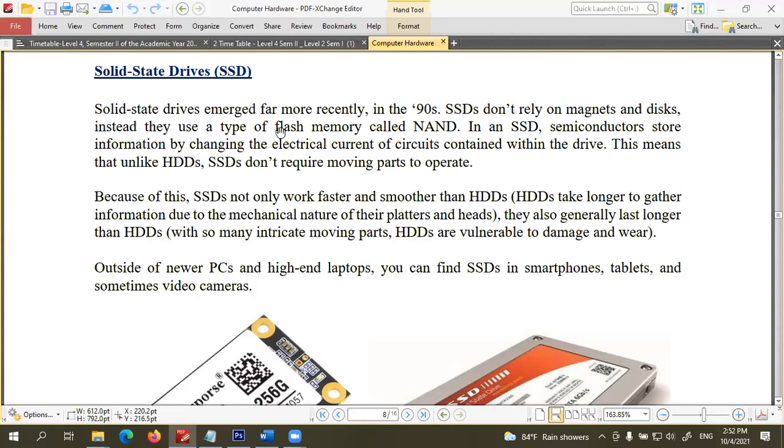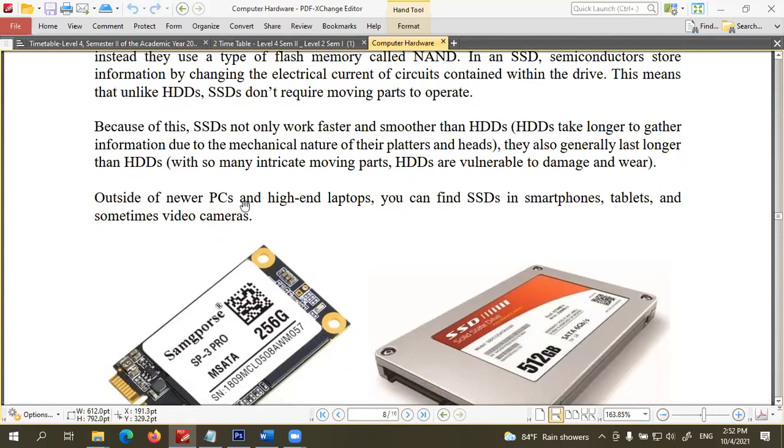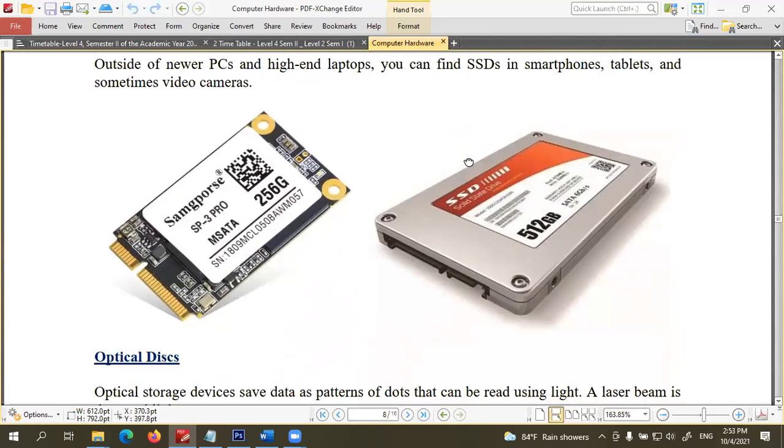So we can purchase a 1 TB magnetic hard disk for around 10-12,000, but if you're going to purchase such an SSD device, it will cost about 30-40,000. The cost is very high. So we find SSDs in newer PCs and high-end laptops, because the newest laptops always come with SSD hard disks. Most laptops have 2 hard disks: an SSD hard disk with small capacity, and another magnetic hard disk with somewhat higher capacity, like 1 TB.